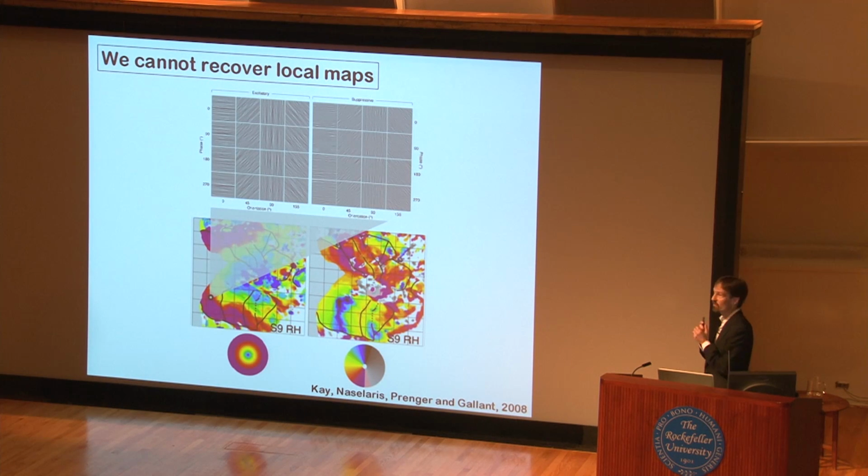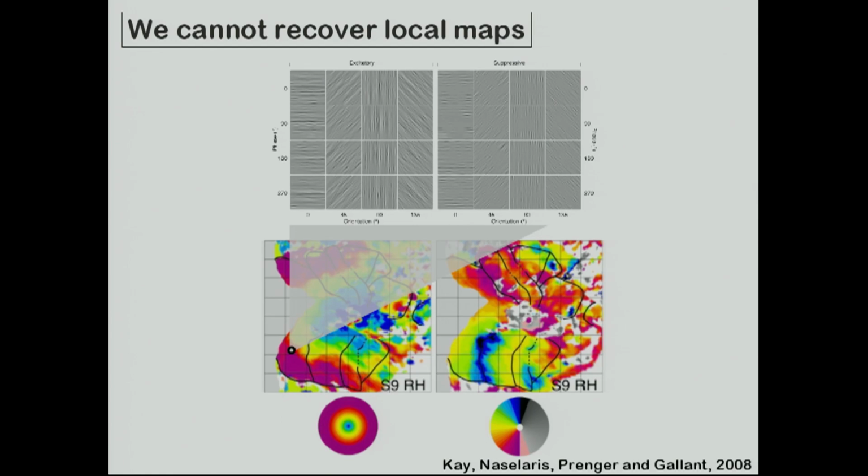So now I'd like to say what's wrong with this approach and why we're limited. I've got just two things to say. First of all, this is a global mapping problem. We can't really recover local maps. So I showed you these retinotopic maps before. But if we look at just one location in the retinotopic map, this is the receptive field of a single